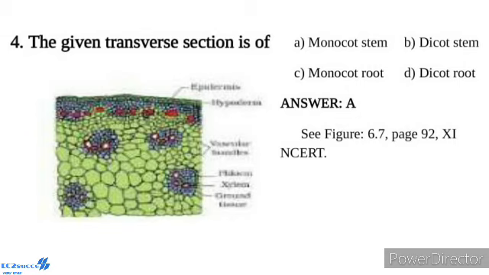Metaxylem generally consists of two large oval or rounded vessels lying at the upper two angles of the xylem with polygonal tracheids in between them. In mature vascular bundle, some of the protoxylem vessels and the xylem parenchyma cells dissolve or separate to form a water-containing cavity called lysigenous cavity or protoxylem cavity. So the correct answer is option A, monocot stem.